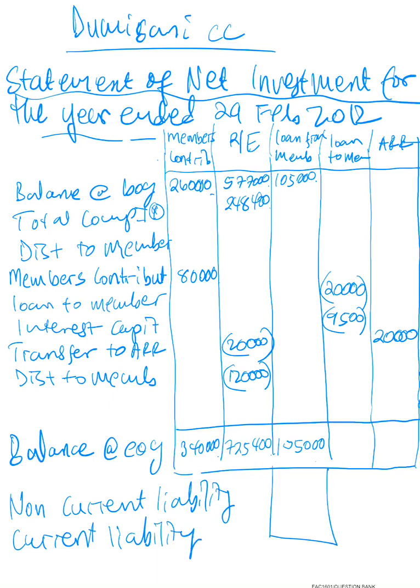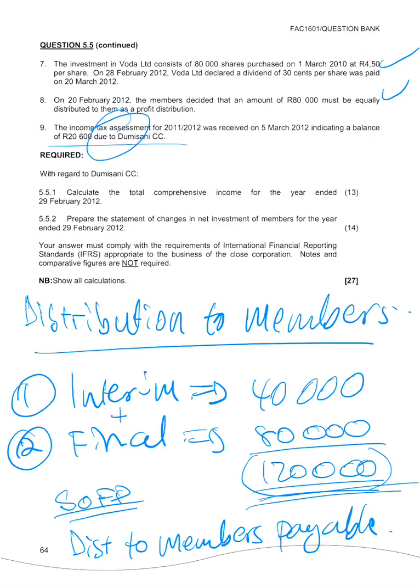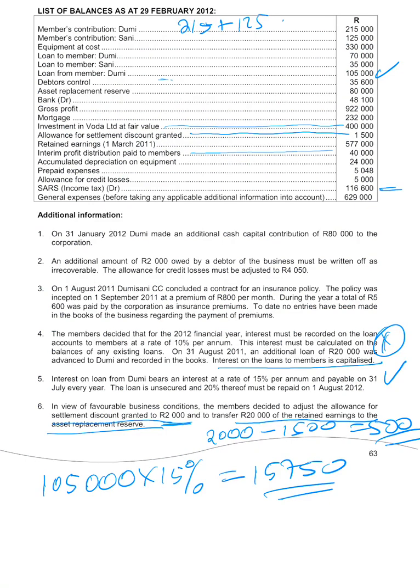Right, what do we mean by non-current? Non-current is the amount that is going to be paid in a period of more than 1 year. Then the current liability is the amount that is going to be paid in a period of less than 1 year. So the current liability, if we go to our question, they said on point number 4,